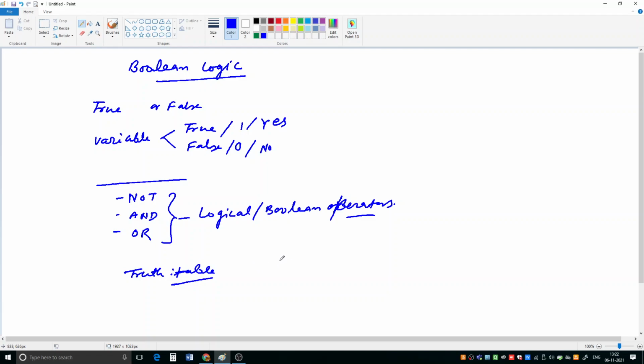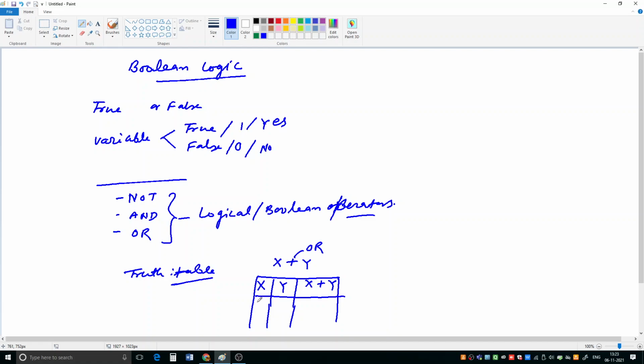For example, suppose you have an expression like x plus y. Here plus means or. It has two variables, x and y, so you can write its truth table like this, with all the possible combinations of input for x and y.